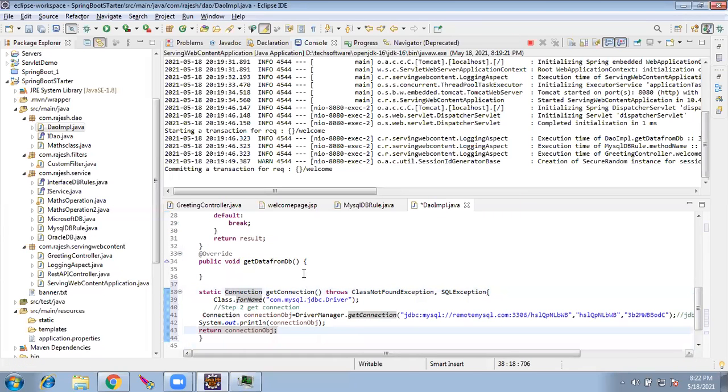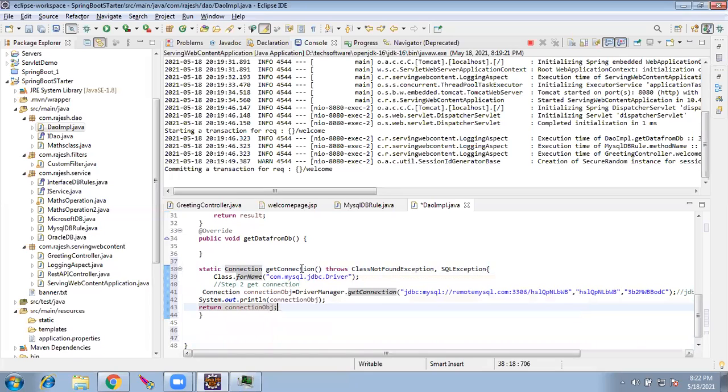java.sql.Connection. Everything is good. So we have a get connection method, and we wrote a method to fetch data from the database. I'll use the fetch values using prepared statement, the second method which we wrote.